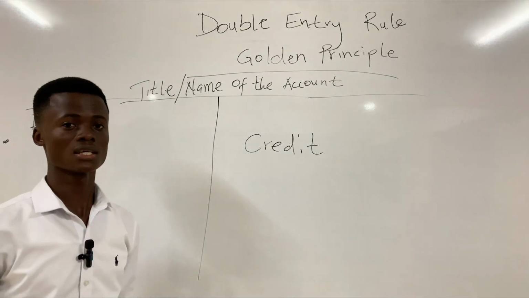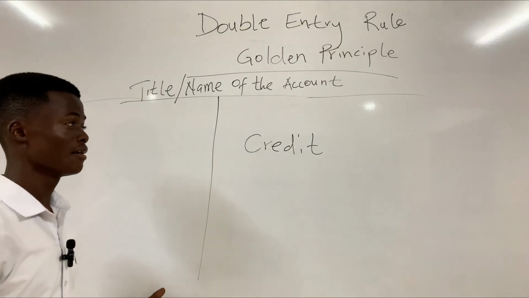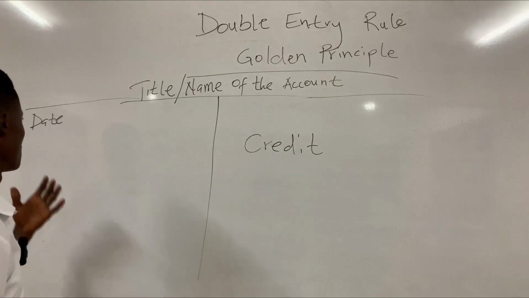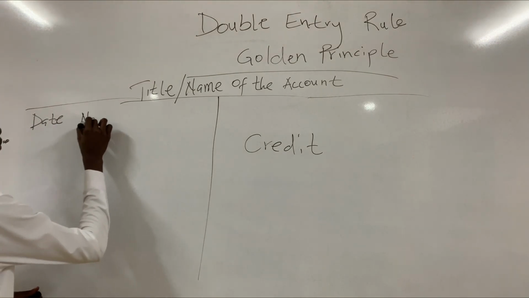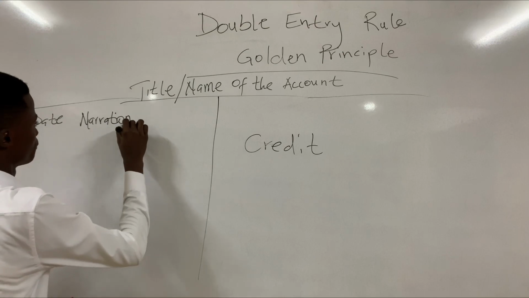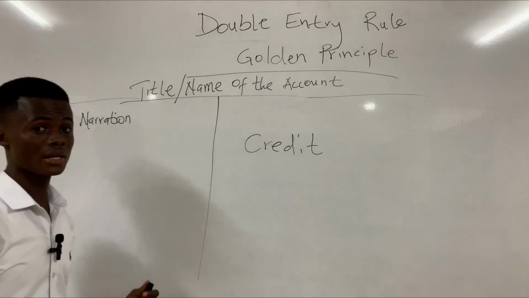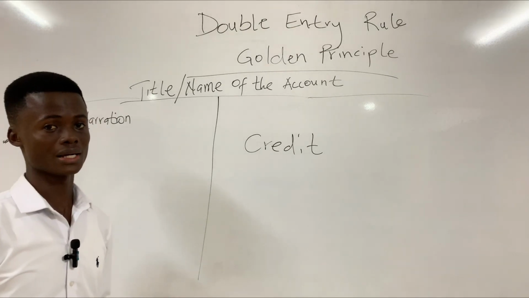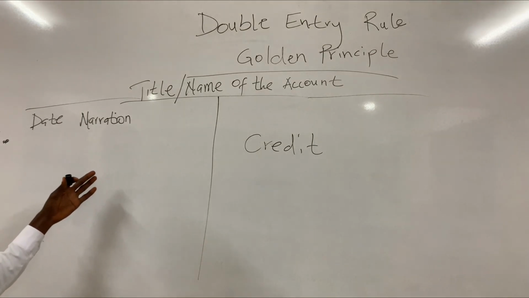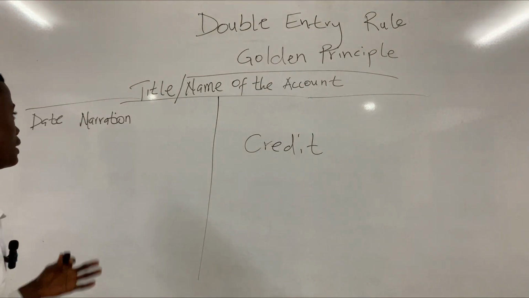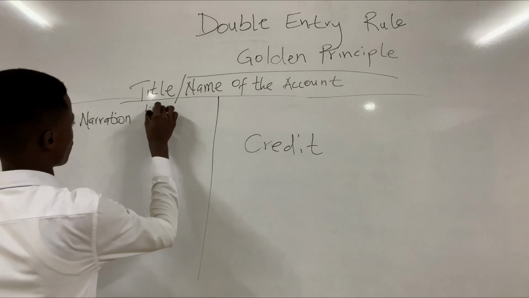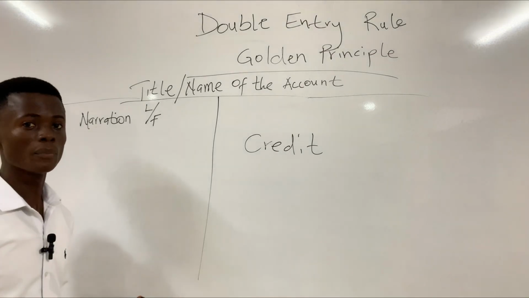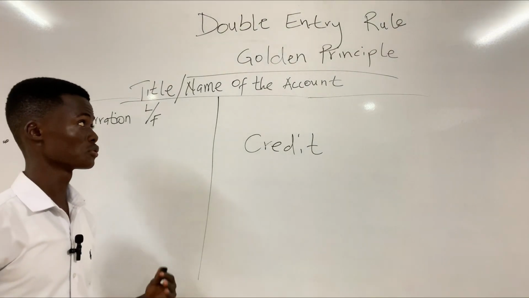In every account, there is a place for a date. Mostly, in every side of the account, the date comes first. So this is where we will write the date of the transaction. After the date, there is another place where we write the narration. And the narration is the account where the corresponding entry will be made. We said that in every transaction, it needs to be recorded twice. So this is where the name of the account where the corresponding entry will be recorded is written. After the narration, we have another column that takes the ledger folio. And the ledger folio is the page number of the ledger on which the account appears.